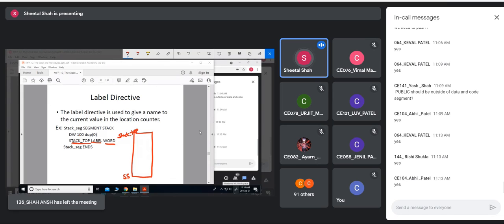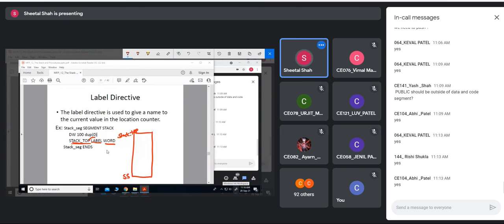Is this clear? We are providing the 101st memory location with the name stack top. You are providing the label to that 101st memory location.